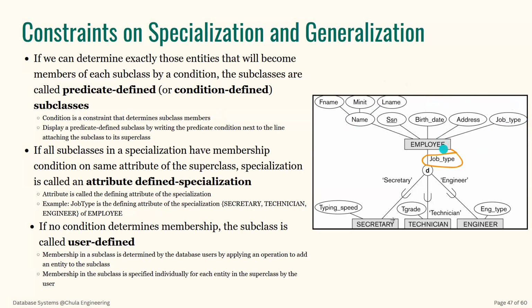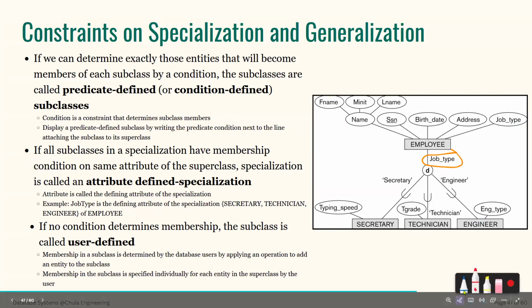Now, if there is some attribute that determines the type of the subclasses, we will call it predicate defined or condition defined. It means that if we can determine exactly those entities that will become members of each subclass by some condition, then it is a condition defined or predicate defined subclass. For example, here, if you take a look at the diagram,